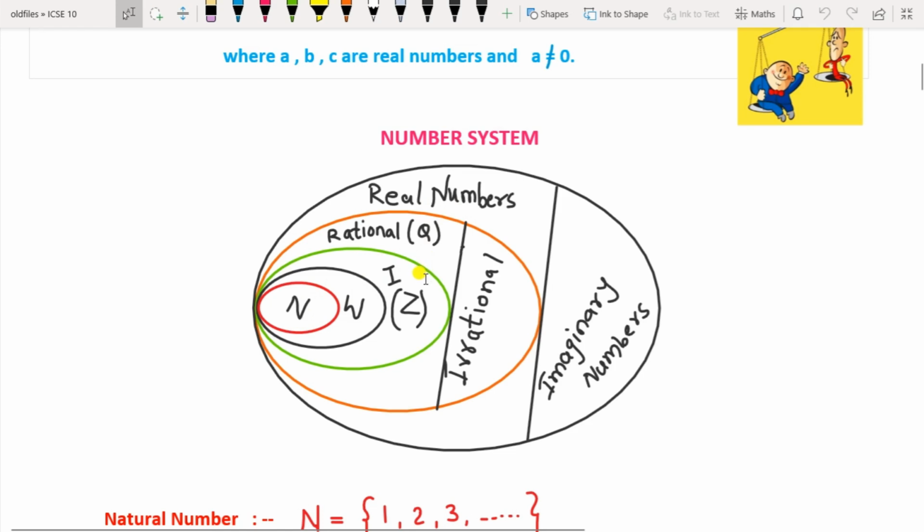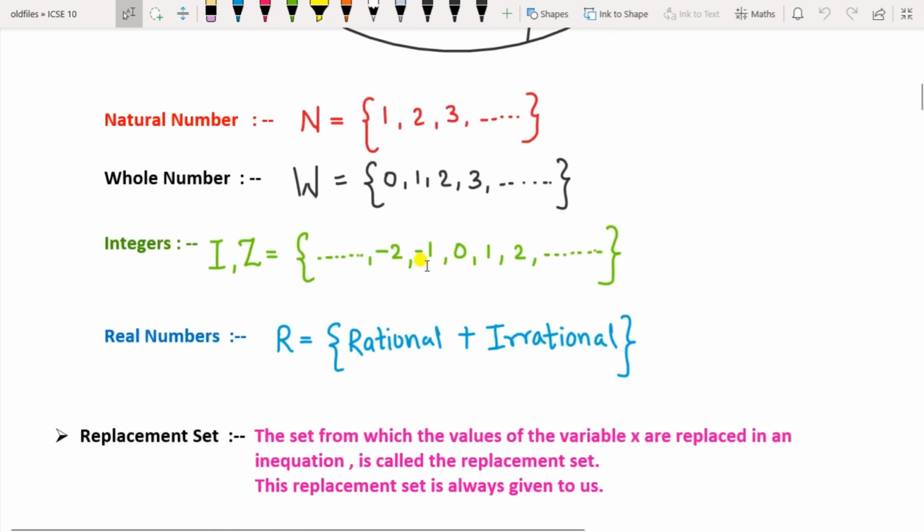Now you have to solve. So these sets we have seen here: N is the set starting from 1, 2, 3; W starts from 0, 1, 2, 3; I or Z is negative, 0 and positive; and the set of real numbers is rational plus irrational. Okay, so in these three sets you can write the numbers, because they are only sets of these numbers, but in real numbers you cannot write the numbers here because it is a set of a whole range of numbers that you cannot plot on the number line also. Such numbers are also included in the rational and irrational numbers, so that is totally called the real numbers.